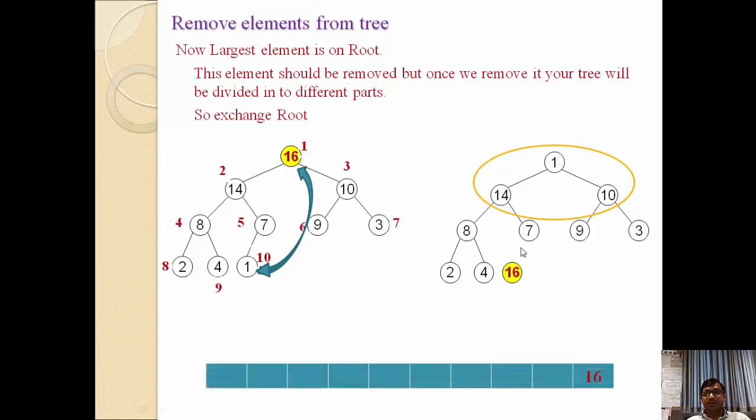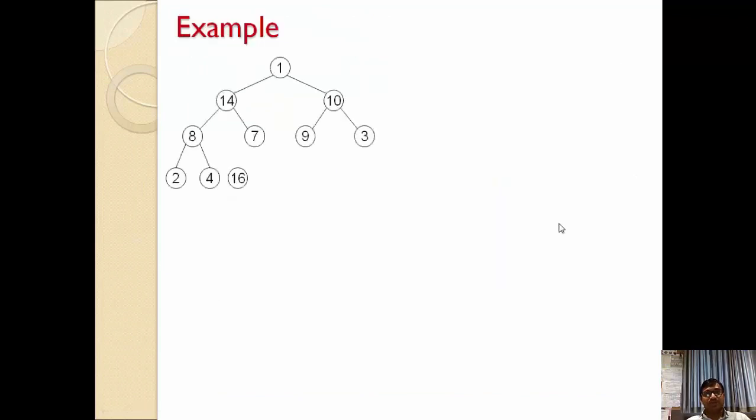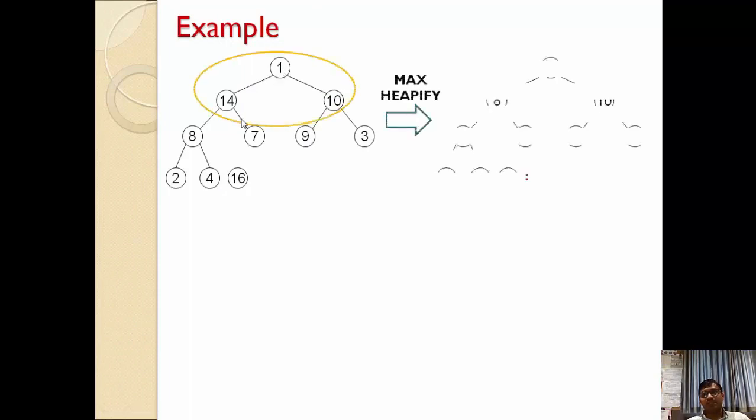So here, as we discussed, we have to remove 16. 16 will be removed from this tree and we can store it in a separate array in reverse manner. So at the end we have to store 16 here. Okay. Likewise, we have to convert it into the max heap tree. As we discussed, we have to max heapify this tree, then we can get this one. 14 will move here. Then 1 will be here, 8 will move here, then 4 will move here, and 1 will be here. Then we can get this kind of tree, right?